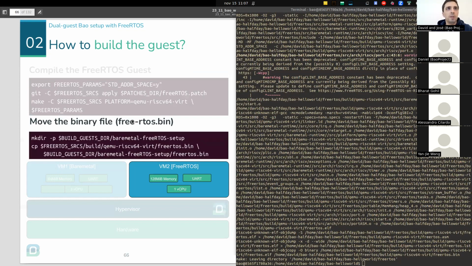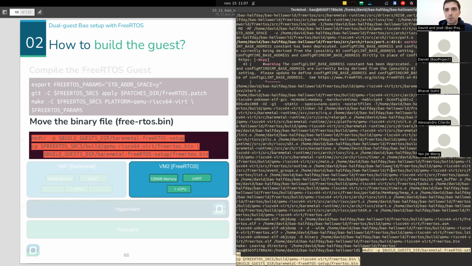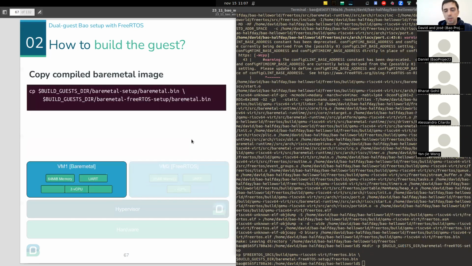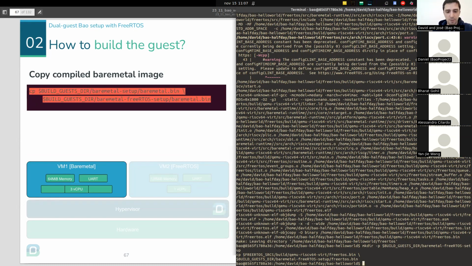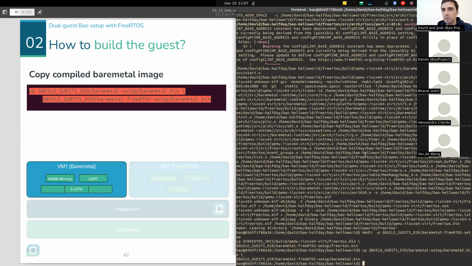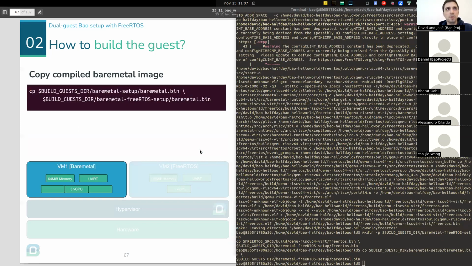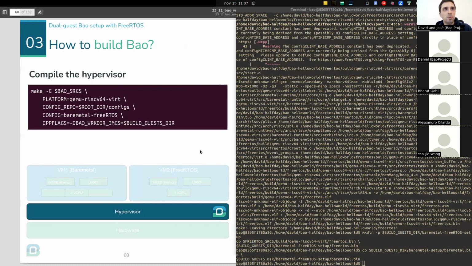So the bare metal, guys, I think we will then copy the binary over, and I think we won't. Okay, we copy also the bare metal. I'm not sure, Diogo, why we need this, but okay, I'll do it anyway. Put it in a convenient place in the directories. But to make a point, we're just shuffling files around, so at this point it's not really critical, but